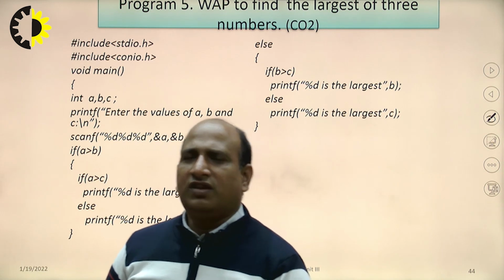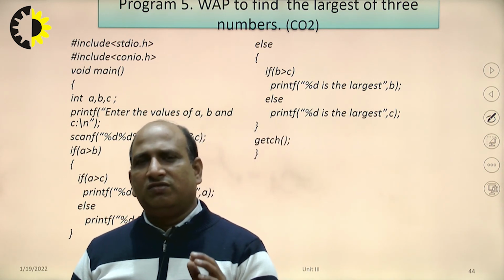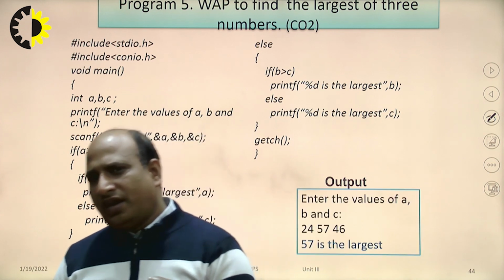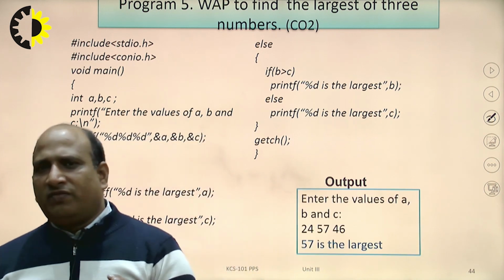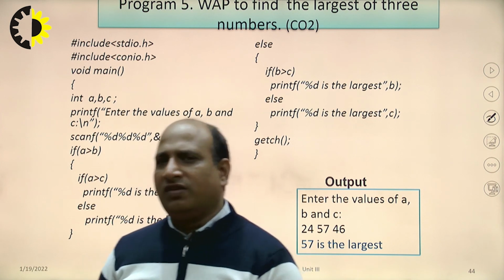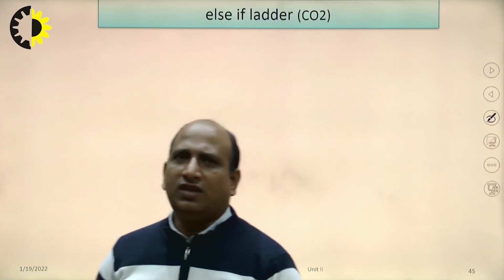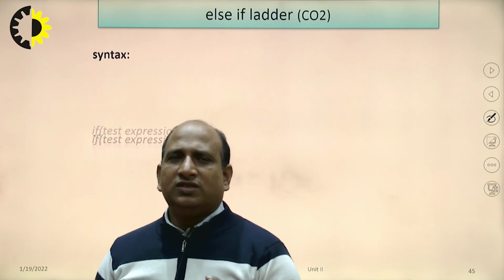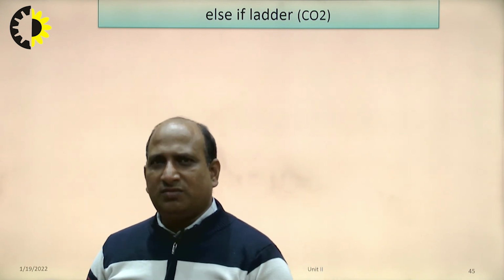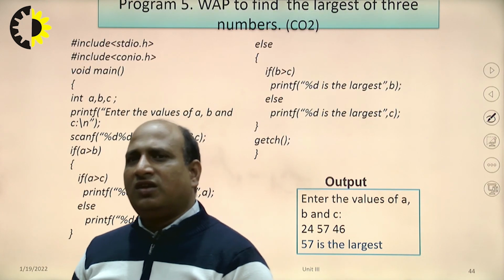This way we can find the largest of 3 numbers. I have entered here 24, 57, 46 and it will print 57 is the largest. This way the rest of the if else statements, meaning conditional statements, I will cover